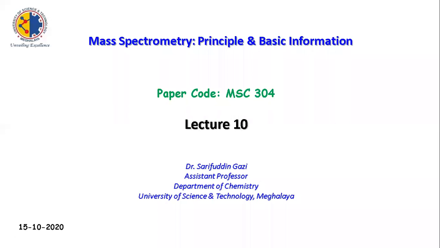So, in our mass spectrometry class, we have discussed the basic principle regarding the instrumentation, so the parts of the instrument, and the major components which are required for building up the instrument. Second part is we tried to understand the ionization techniques. Now we are